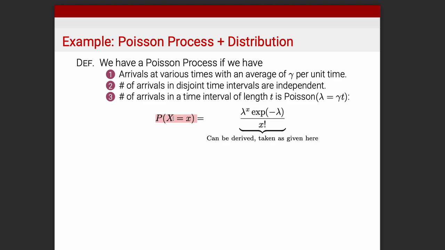This is something that we've seen before. This is something that hopefully people are starting to become familiar with. Remember, capital X is the random variable, and then little x is the specific realization of the random variable. And we're basically saying the probability that this random variable takes on the specific value x could be 0, it could be 1, it could be 2, it's a placeholder, that this quantity here on the left-hand side is equal to the quantity on the right-hand side.